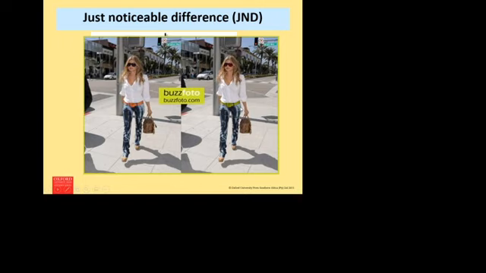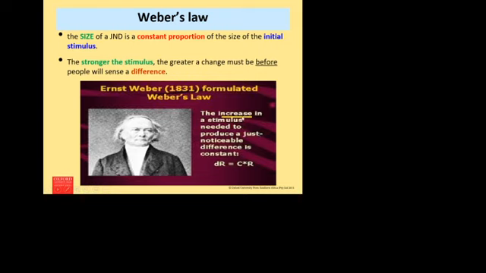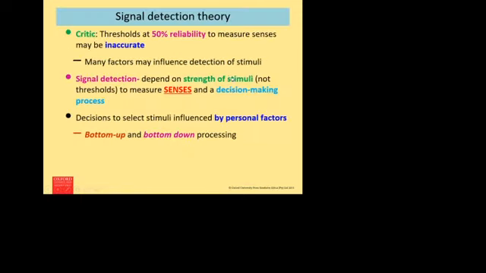What this basically means is how much difference from one photo to the other photo lets us detect the difference. For example, if this color has the same color as this one, in order to make it different, you need to increase the color a little bit. But according to Weber, it is how much increase in the stimulus could make people aware of the difference. So there are some critiques regarding just noticeable difference and threshold,